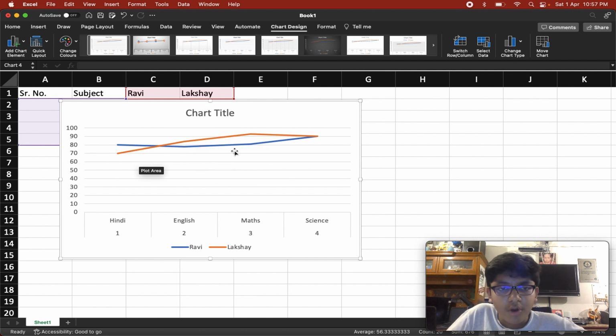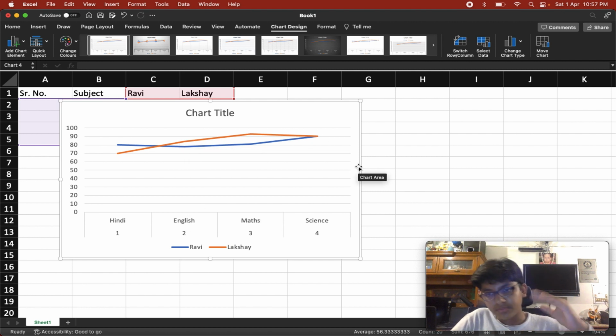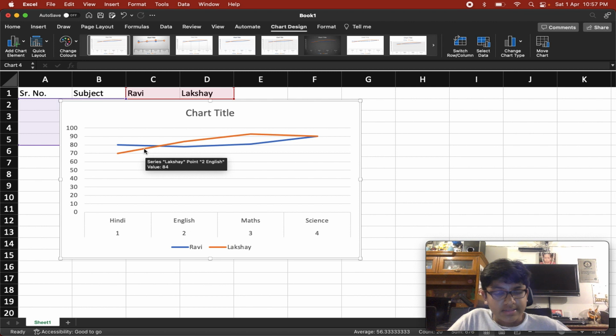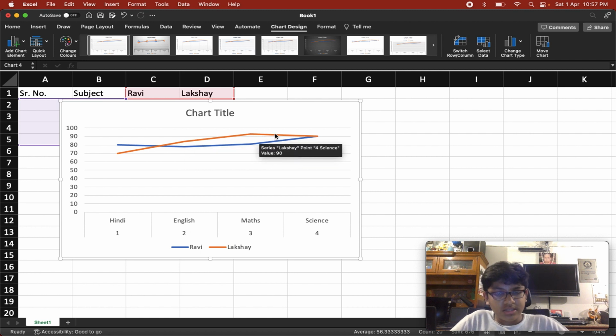So it is showing the performance of Lakshay and Ravi in a line form, right? If I hover over here, series Lakshay point 2, English, value 84. So this is Lakshay's point 2, right? In English he scored 84. And Lakshay, where is Hindi? As you can see, in science Lakshay scored 90, in maths he scored 93, and in English he scored 84,